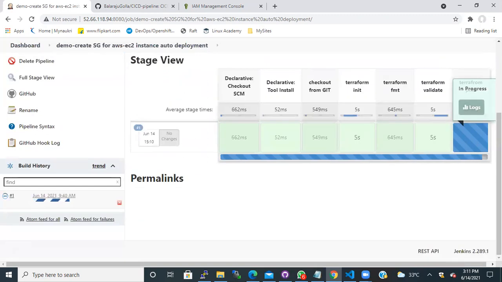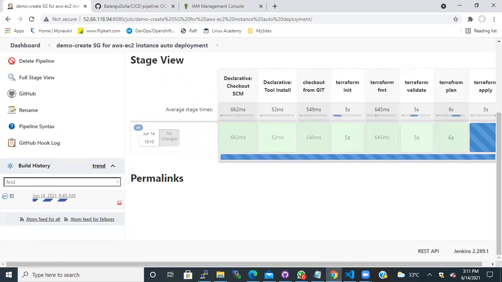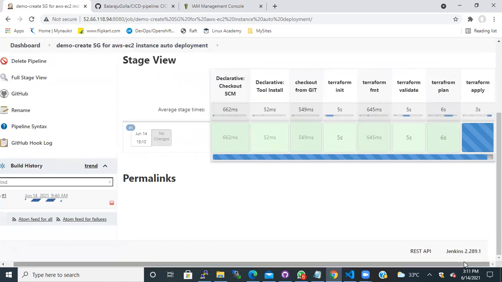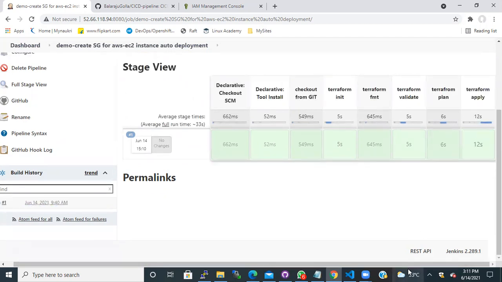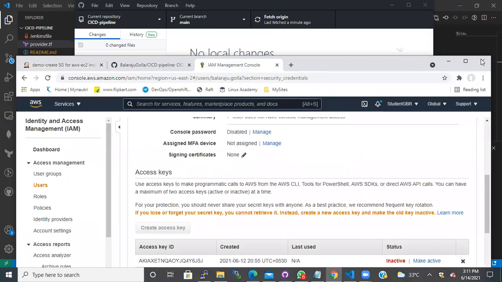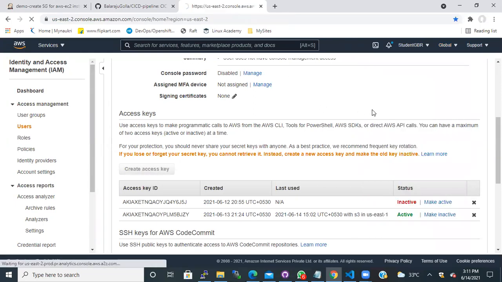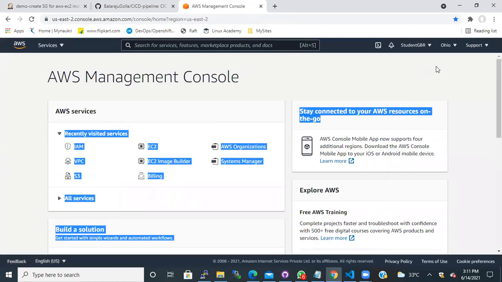So it started building now. Okay. So the code doesn't have any issue. It is successfully completed. If you see now, it has created a security group in the Mumbai region.